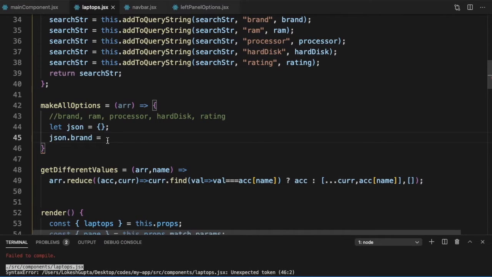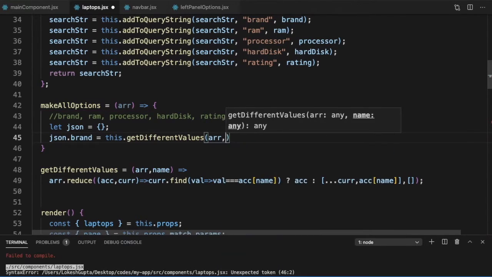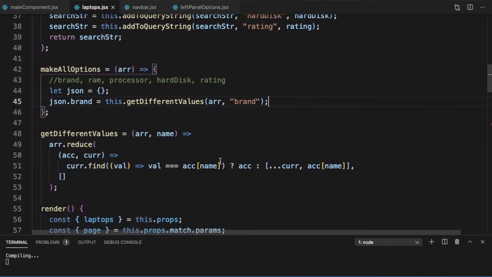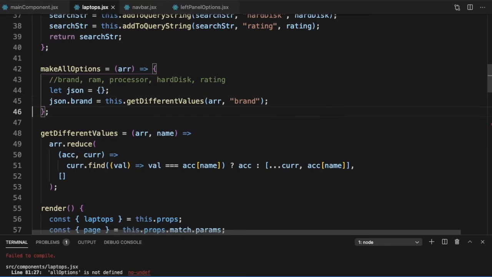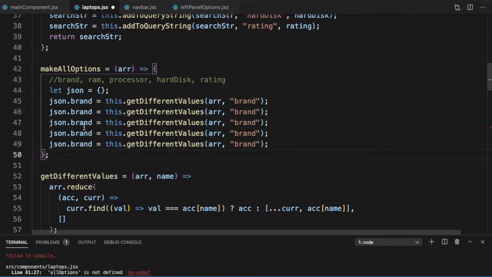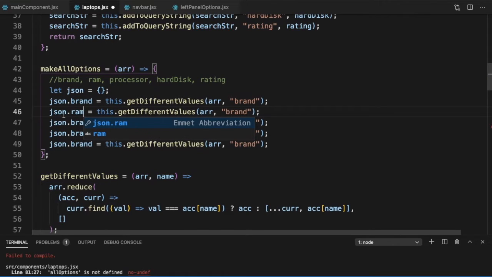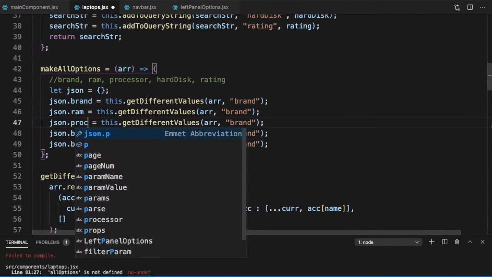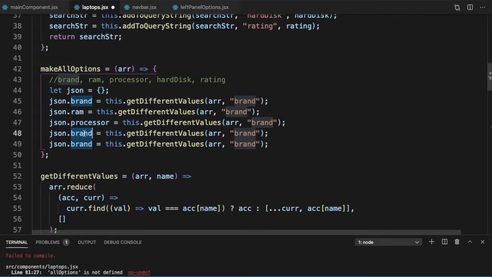So this is our value, so we can just say getDifferentValues(arr, brand). Similarly, we can just put the other values here. JSON.RAM, JSON.processor, hard disk, and rating.